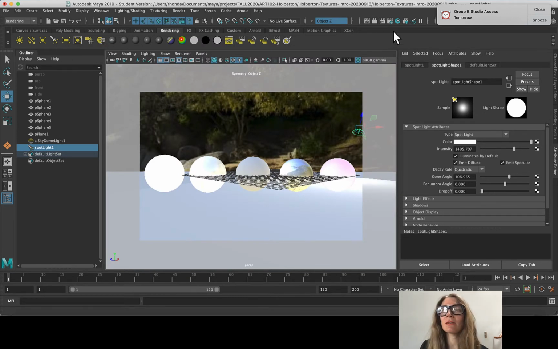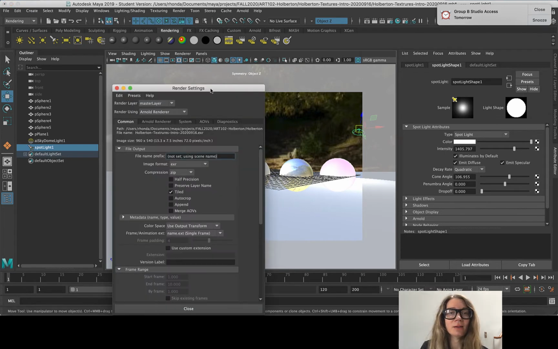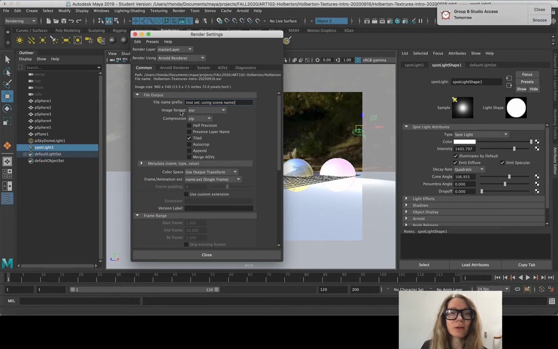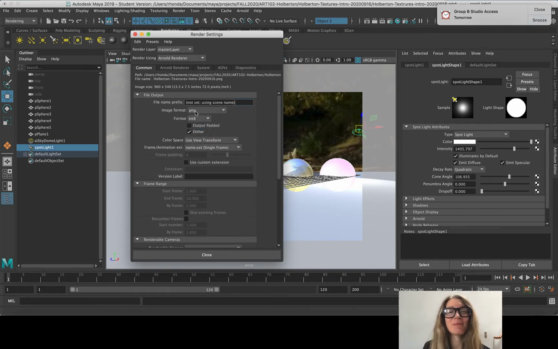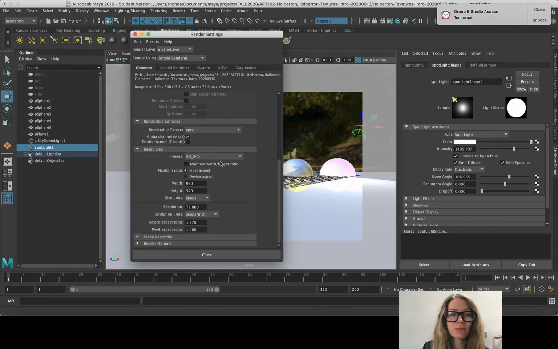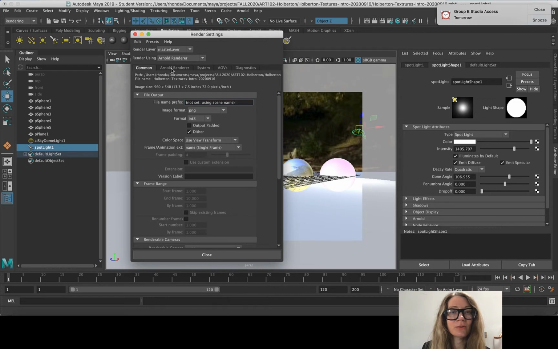We get into render settings with that little clapboard and the little gear, and I am using my Arnold renderer. The default settings, when I say save as JPEG, it actually overrides these settings, but because I'm paranoid, I like to set them there too. This is really only important when you get into batch rendering. So the HD 540, that's fine for these tutorials. What I really want to do is make sure I'm using the Arnold renderer and then go in and change